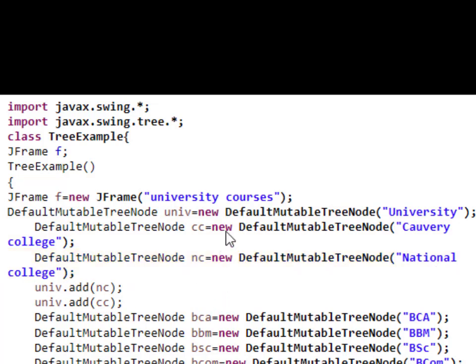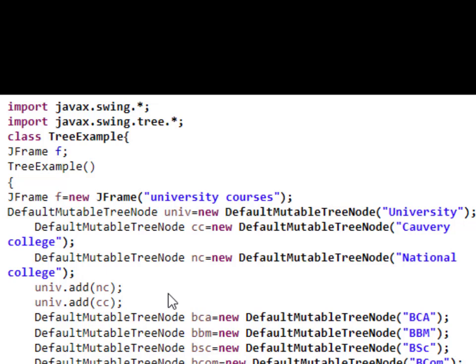So you have created three nodes now: a university node, a Kaveri College node, and a National College node. Their relevant objects are univ, CC, and NC, and they are all created using the DefaultMutableTreeNode class.